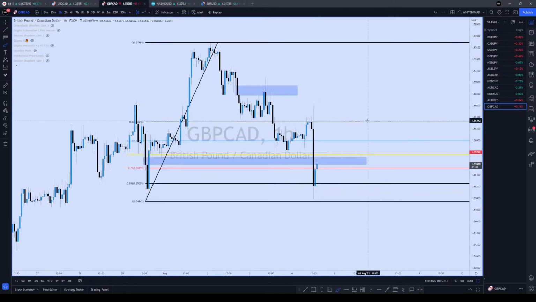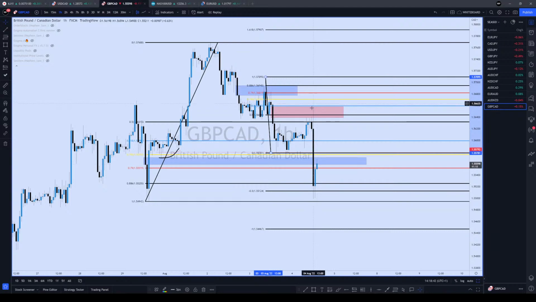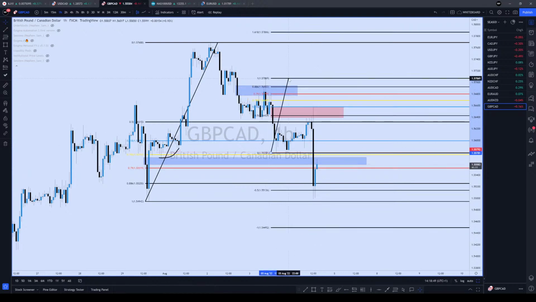And then finally, dollar CAD, we eventually went for that low, and they used a news event, which I was out yesterday, but it actually went into OTE, fair value gap, and then it went down. I did not participate in it, so right here, and then price went down. I did not take part of that trade, but I did watch it because I was watching the rate announcement when it came out.